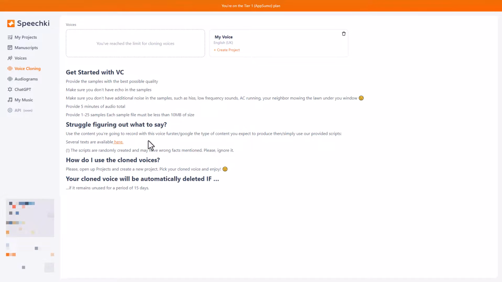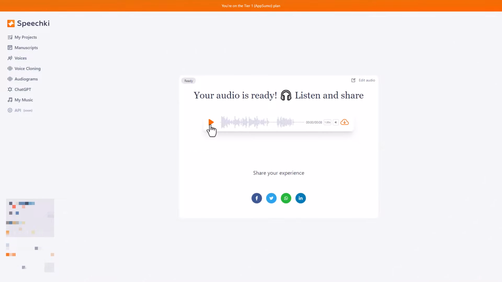So it is more effort to do the voice cloning in SpeechKey, but I do feel it gives a better result. Well, that is a lot better. The Revoicer one sounds a bit Americanized and a bit tinny. That sounds much closer to me. Of course, with voice cloning, you're never going to get an exact replica, but I don't think the casual user would be able to tell the difference between SpeechKey and me.